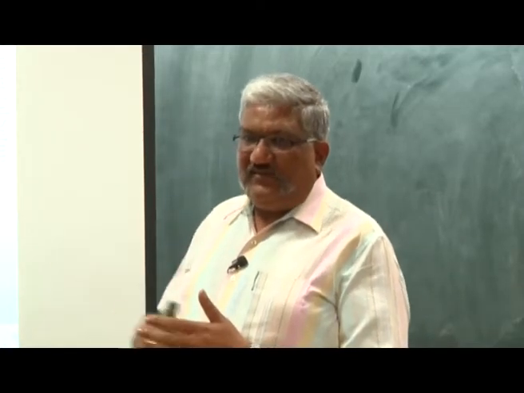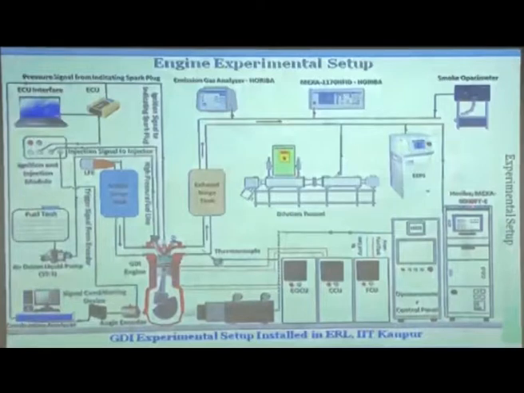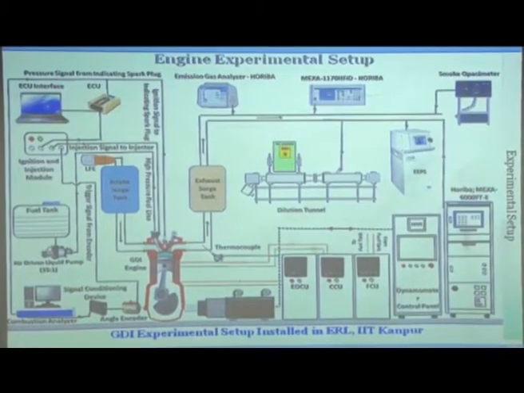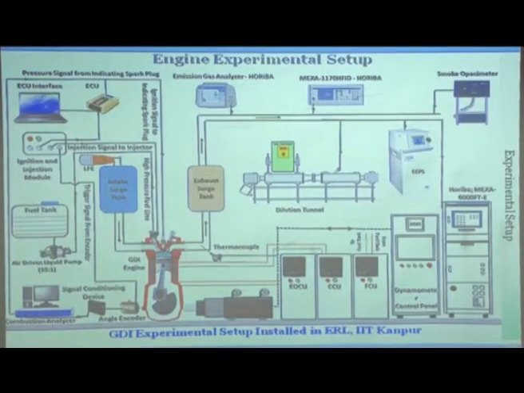This is the first and the best instrument in the country as well. This is also one of the best instruments in the country, first instrument in the country. This is called FTIR analyzer. So, regulated emissions everybody measures, but there are many nasty hydrocarbon species that are coming out. It could have even carbonyl groups, sulfur dioxide, sulfur trioxide, benzene, toluene, xylene, PAHs, etc., etc. So, the concentrations of these can be measured by this from 0 to 200 ppm, very small concentrations can be measured by this instrument. And then you have smoke opacimeter. So, this is the plethora of instruments for measuring the emissions.